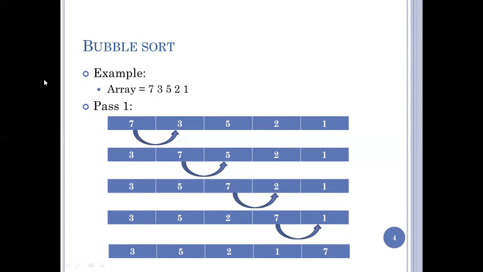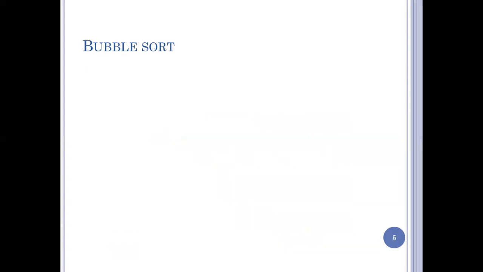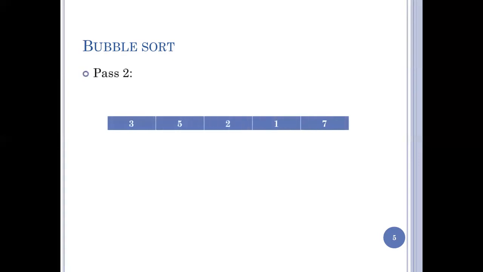Here we have moved the greatest element to one corner. 7 is the greatest number, so in the first single iteration, the last element is moved. In the second iteration, similarly, we move the next greatest element to the corner. Consider the same array, the result of the first phase. Now we repeat the same procedure.